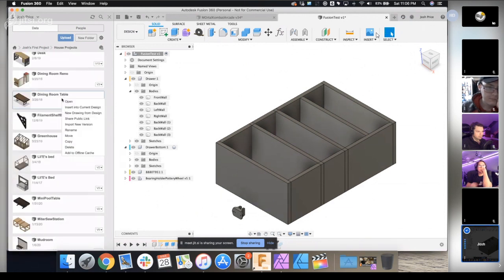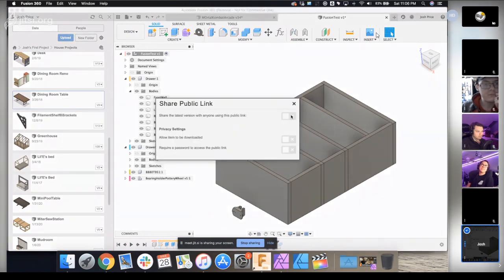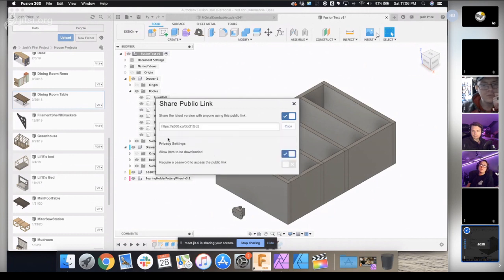Whatever. You can right click and you get share public link. So you want to share that, and then you can allow it to be downloaded. This link, you send this to people and it will populate a pretty decent render in a browser window. So if you want to send something for approval or just to get a concept to somebody else, you can